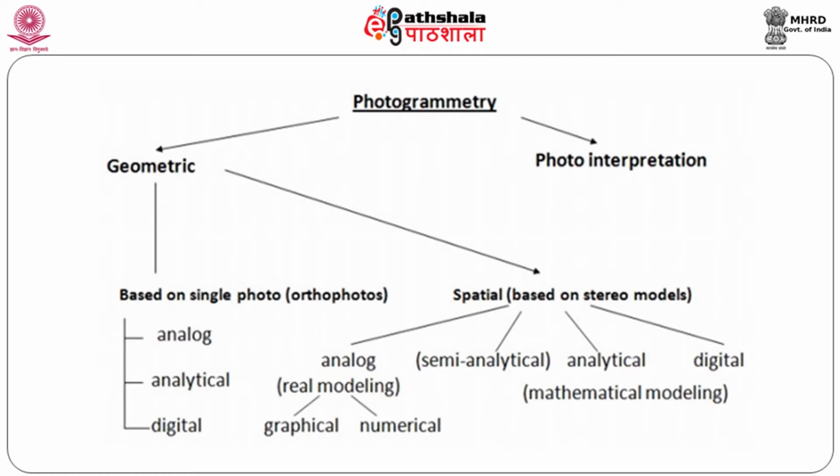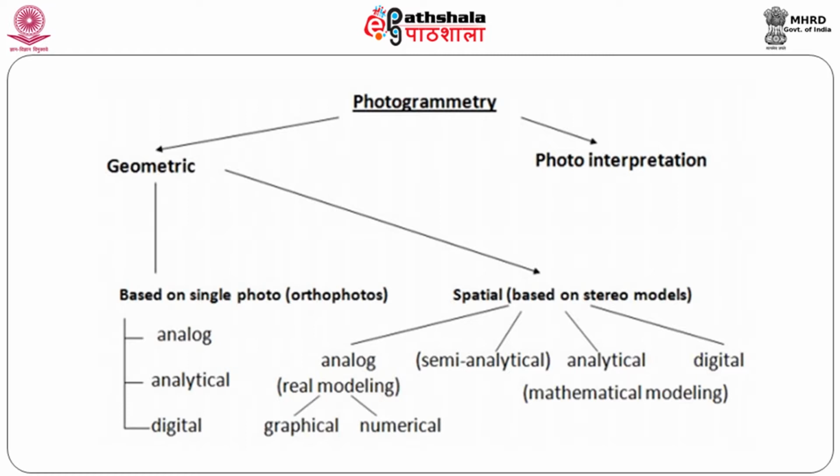And to generate an orthophoto, one of the most important or expensive processes, we go for analog methods, analytical methods and digital. So, analog plotters, analytical plotters and digital. These are the three methods in which you can generate a single photograph as an orthophoto. You can convert, rather, because this is what I was telling you, the tilt, tip and the toe are corrected and the photographs are generated.